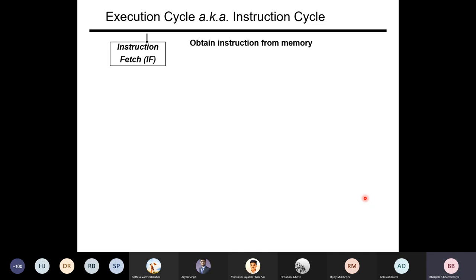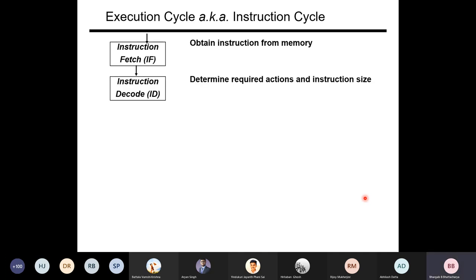So what actions are to be taken here? The program counter is loaded with the address of the instruction. That address is floated onto the address bus. The memory receives that address, decodes it, locates the particular location corresponding to that address, retrieves the memory content, and passes it back to the processor side through the data bus, into the instruction register. All right. And once you know that whatever you have fetched from memory is an instruction,